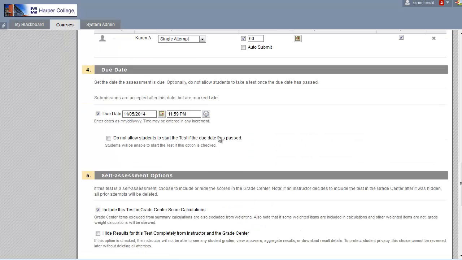The last new feature is called the due date and late submission feature. This new setting allows you to decide whether or not to allow a student to take a test after the due date has passed. If you click on this choice, students are not allowed to take a test after the due date has passed. They will receive a message telling them the test cannot be completed because the due date